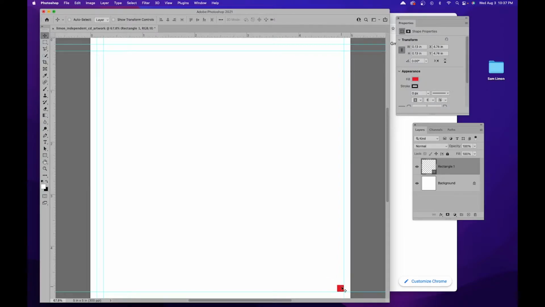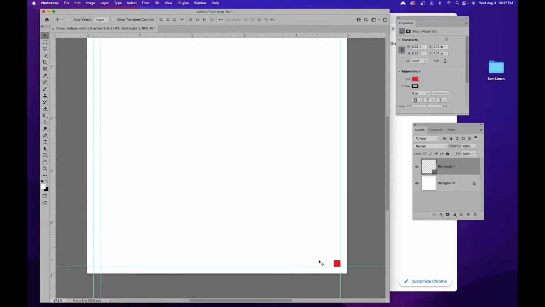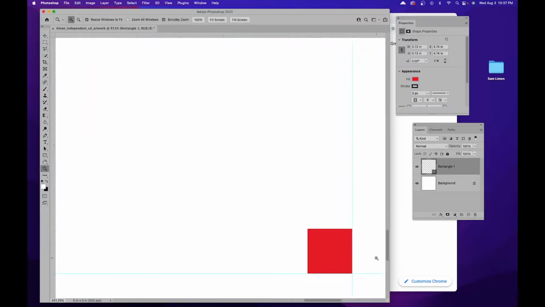And we're going to do the same thing essentially down here. Take care of the right guide right here, and the top and the bottom one, which is going to be on the top of the square actually. So I'm going to zoom in. Another way that I could zoom is hold Z, and then just click and drag to the right, and that'll zoom me in right to where that rectangle or that square is. Click on my move tool so I don't move it. Make sure my rectangle is selected, and again do Command or Control T, and then I'm going to drag a guide from the top down, and make sure this one sets on the top of it, and then drag a guide from the left to the right,